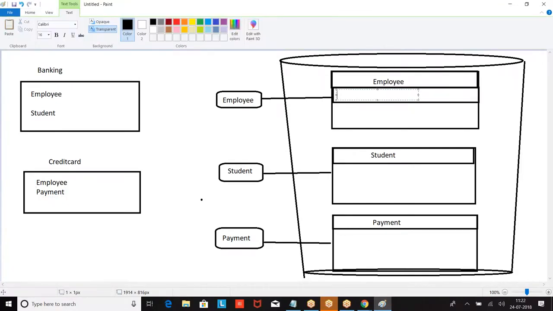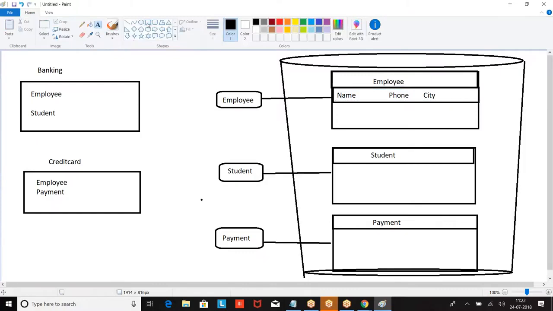What are the columns we had? Name, phone. So table is nothing but an object. Columns are nothing but fields.